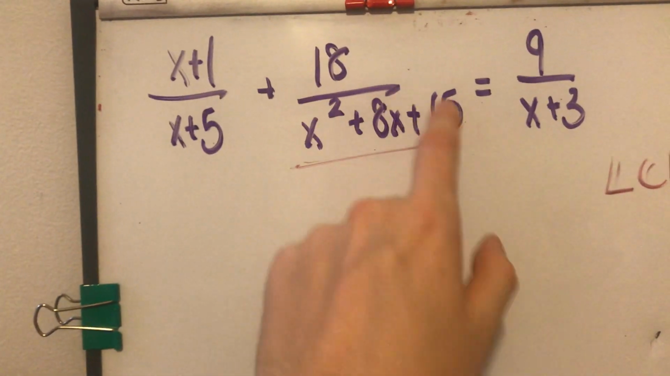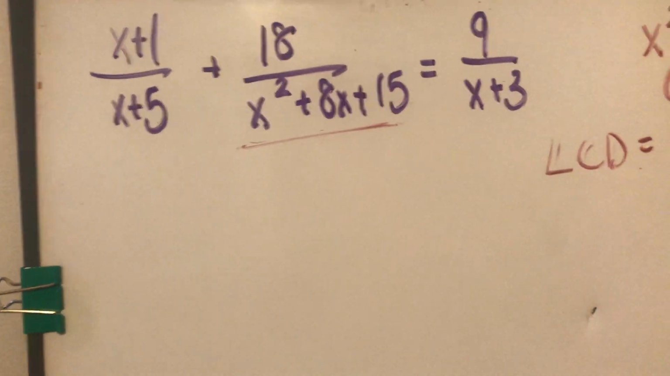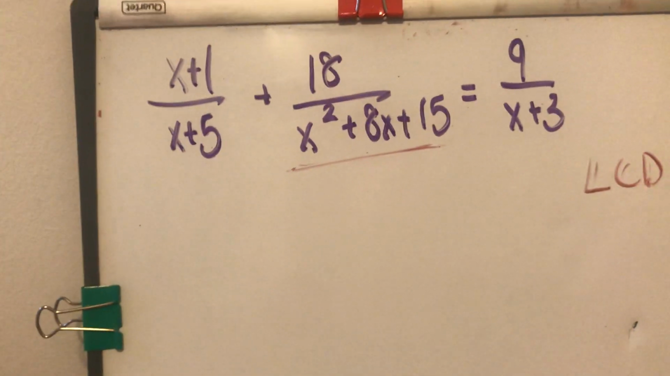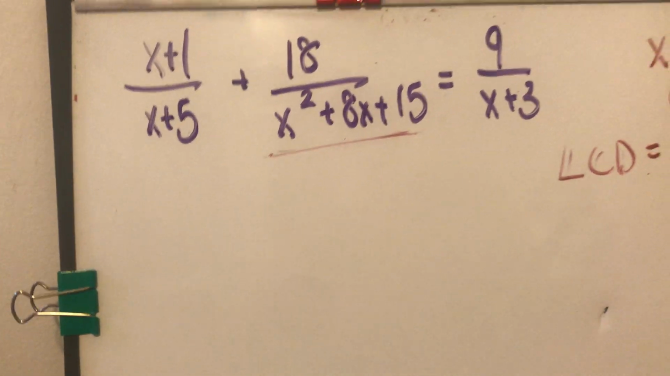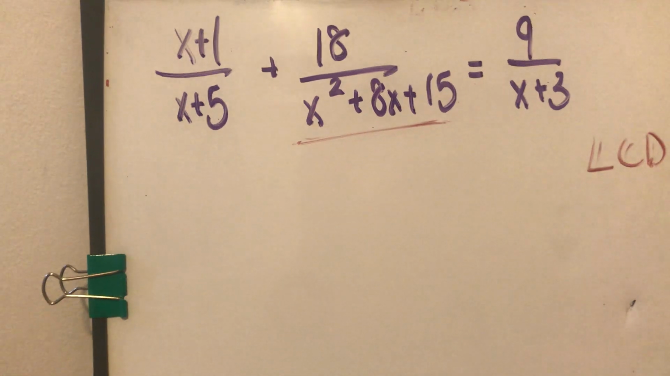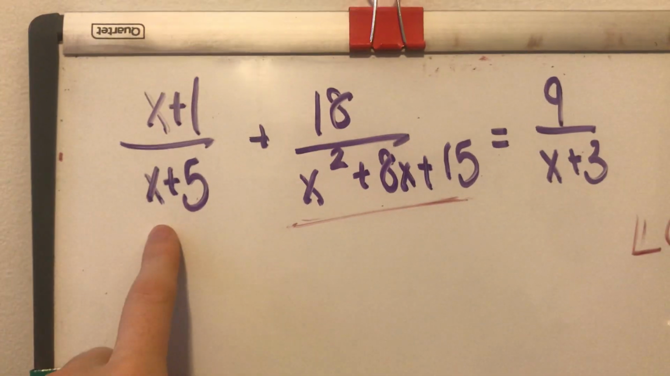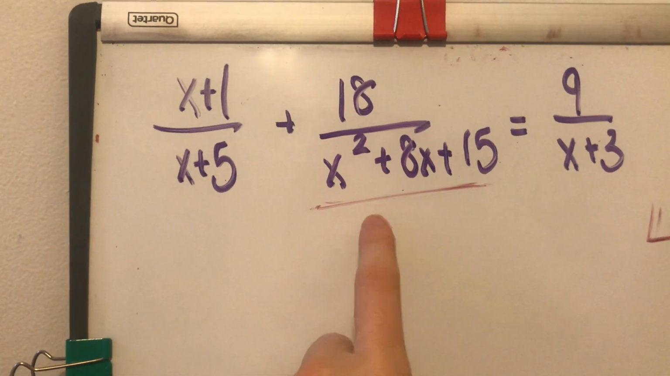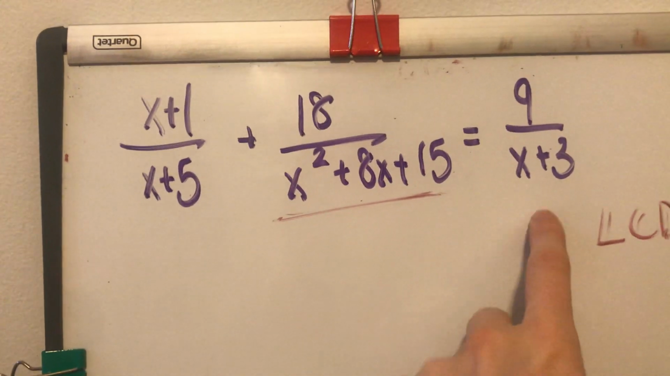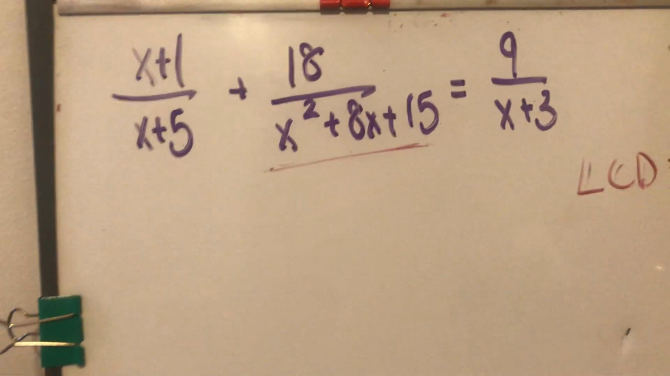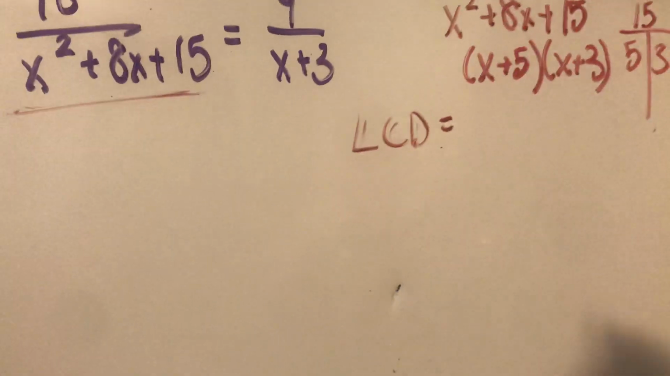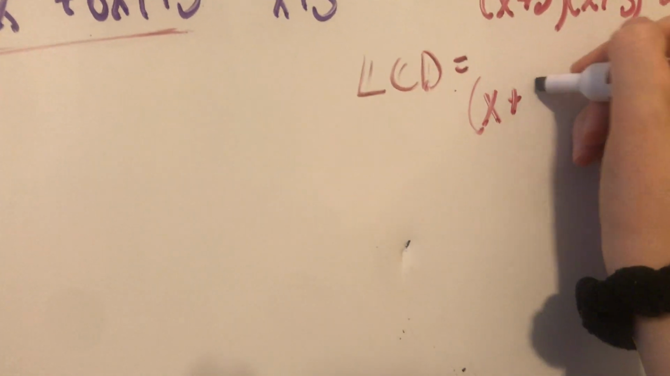So really, I could rewrite this whole entire rational expression as x plus 5 times x plus 3 if I wanted to. But we don't need to do that. And now that I'm looking at my least common denominators here, this is x plus 5, this is x plus 5 times x plus 3, and that's x plus 3. Well, notice that is what your least common denominator is. That's what's missing from all of them. X plus 5,